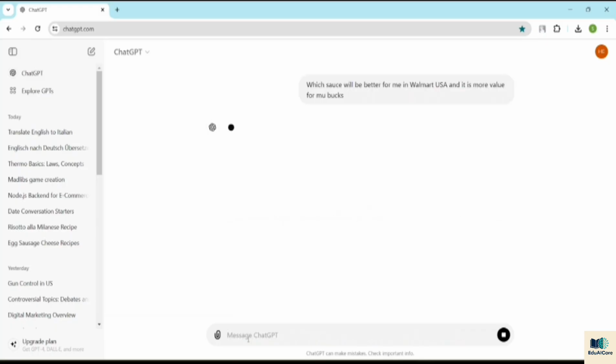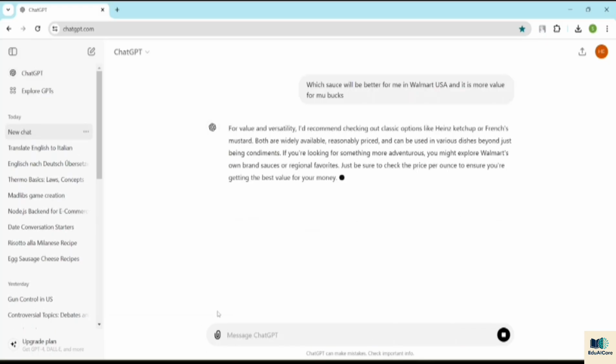If you type this down, you will be able to get suggestions. Suggest me some sauces of different